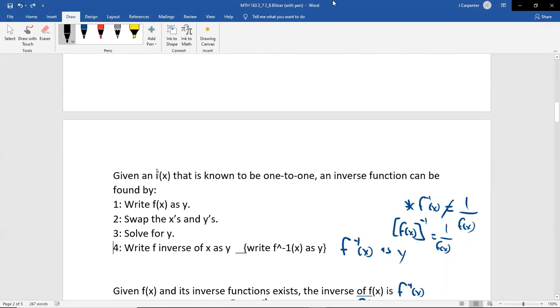Now, I love a good handwritten test for this because so many students forget to write that notation, and then mean old Mr. Evil gets to take away a point or two for you not understanding the concept. Unfortunately, my math lab always just writes this for you. But you need to understand moving forward, just because my math lab does something convenient for you in here, doesn't mean it's going to do it for you later. You have to understand the concepts. So when you write it as y, you are not demonstrating that you know it's an inverse function. When you write it like that, you are demonstrating that you know it's an inverse function.